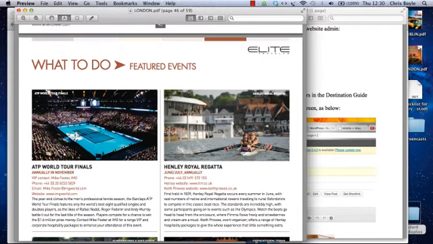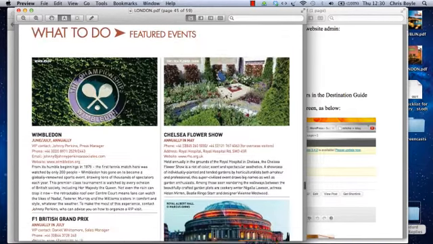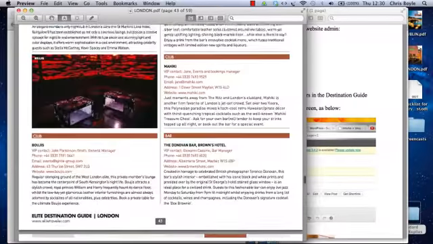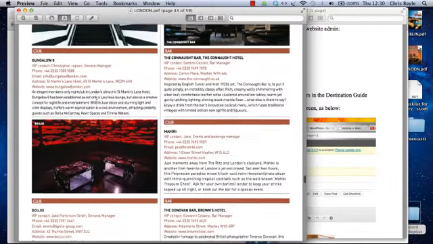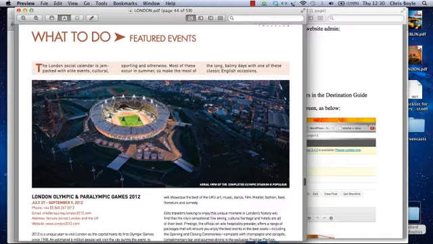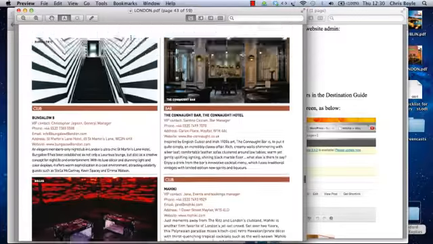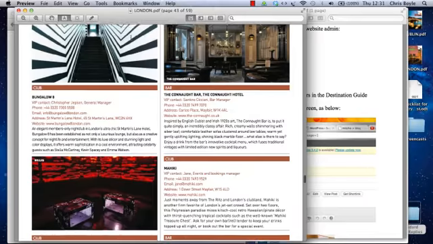When you finish the what to do during the day and what to do during the night sections, you can move on to the what to do featured events section. This is a little bit different to the what to do during the day and during the night sections,